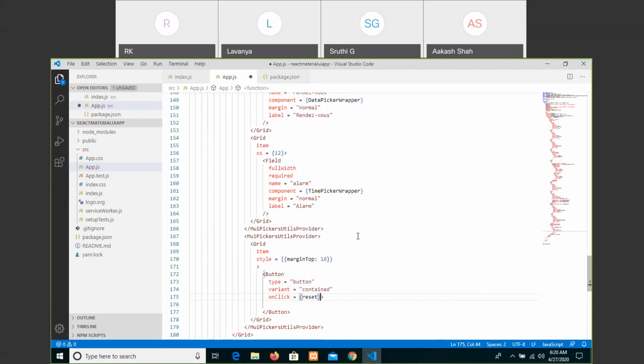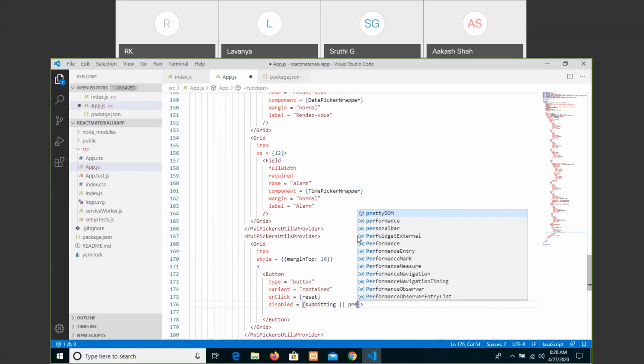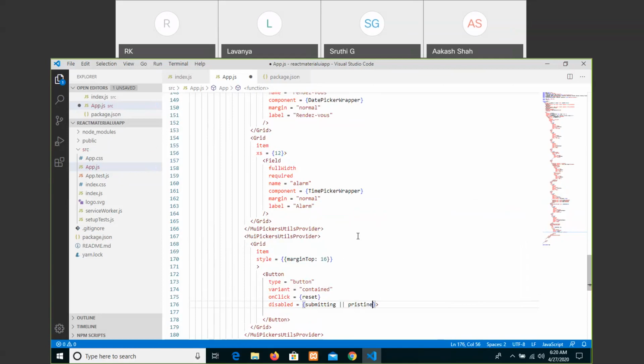And by default we are saying here disabled and that equals to submitting or pristine.